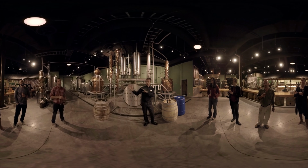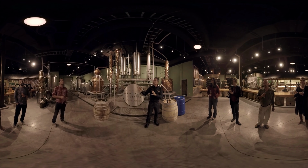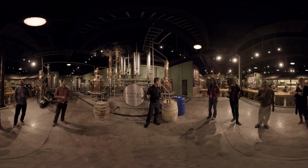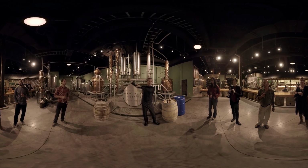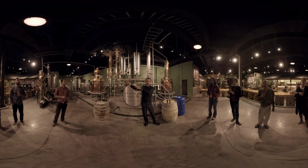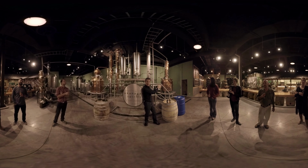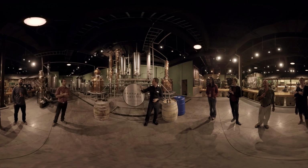Now, we talked about fruit before. Fruit's a little bit different, and some of our grain production is a bit different if we're going to end up being a clear spirit in the end. If we want a clear spirit, what we're going to do is take that fruit wine, if you will, in the back, or that grain product that we had over here. We're going to do the same process up front, but we're going to collect that through the first time through the still, and then after we've got enough of it to fill this guy over here,